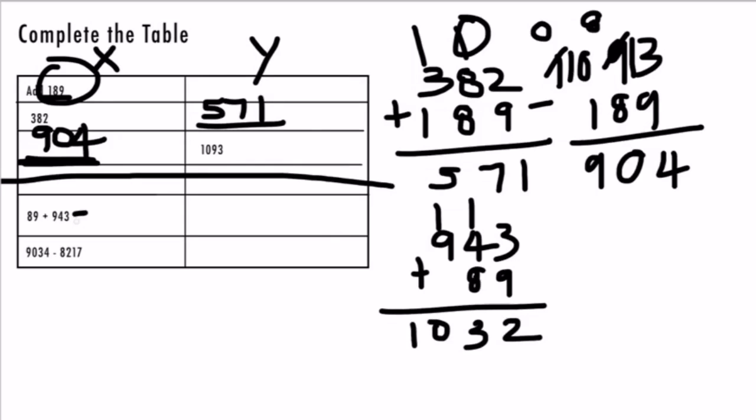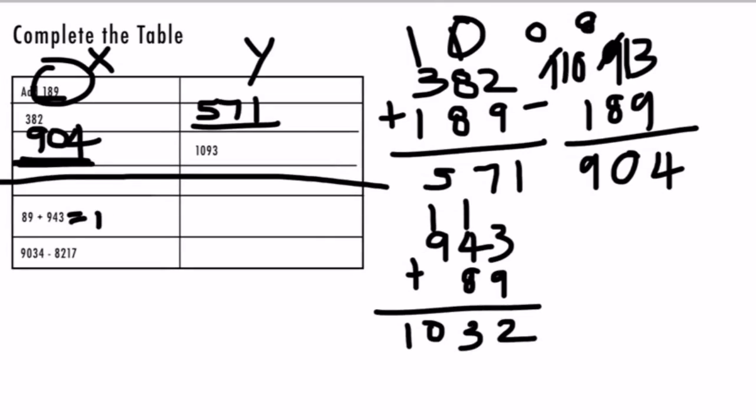So this actually equals 1,032. However, we're not done yet. They want us to add 189. So 1,032 plus